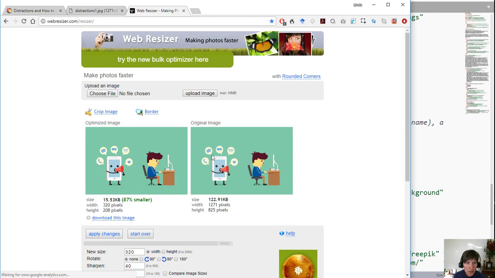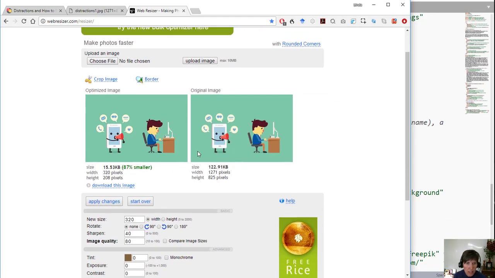Now this is doing two things. It's resizing the actual file, and it's optimizing it for the web. So now how did the size go? It went from 122.91 kilobytes down to 15 kilobytes. So we reduced the download size of that. This is small enough that it was already optimized for the web, so all it did is resize it. Okay, I'm going to download this image,